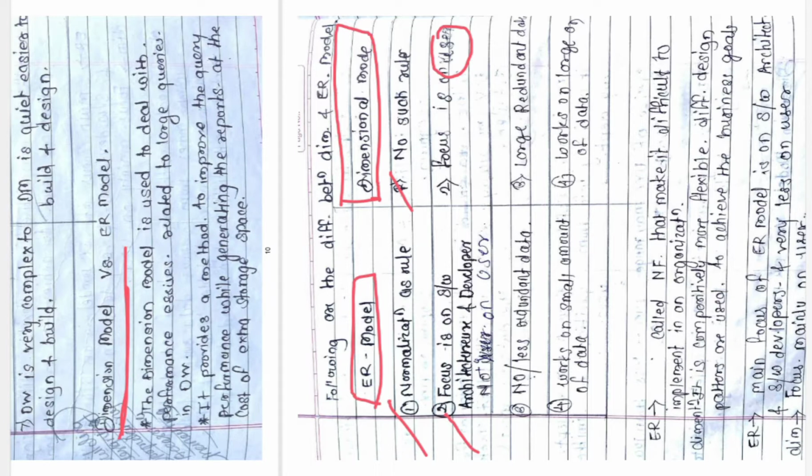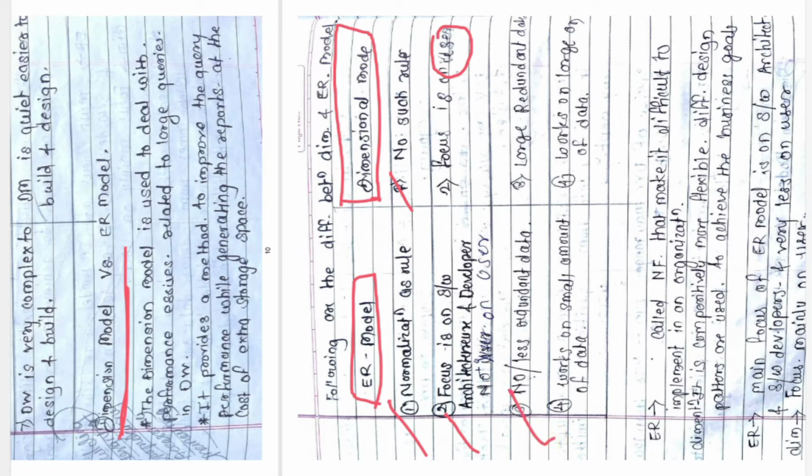It doesn't focus on software or on the strictness that I need to take care of. It is not the issue. In the ER model, whatever we do, we need to do in terms of a specific architecture, in terms of a developer. We are not considering the user as a stakeholder. Whenever we do ER modeling we don't consider the user as a stakeholder, whereas in dimensional modeling we consider only the user as a stakeholder.